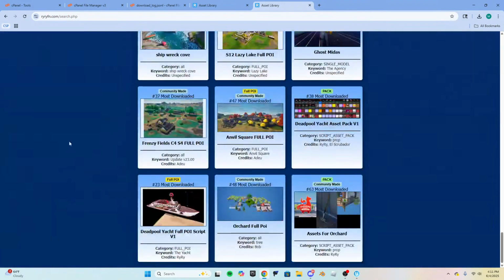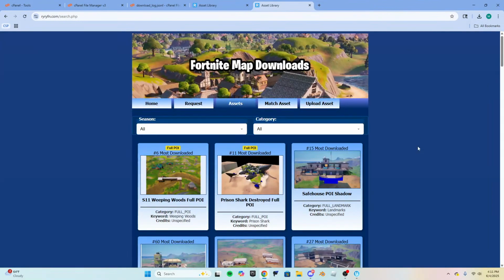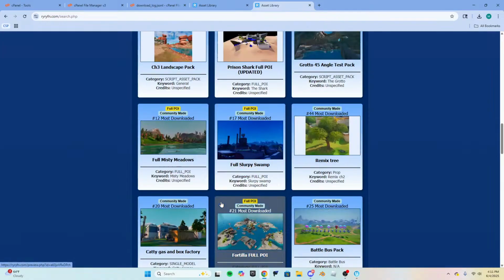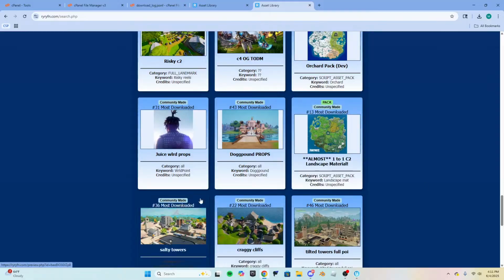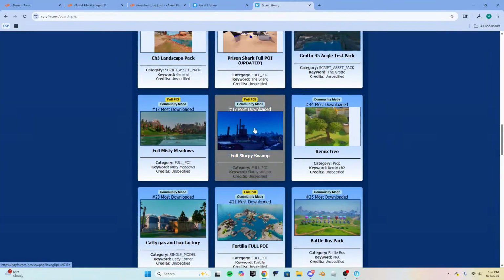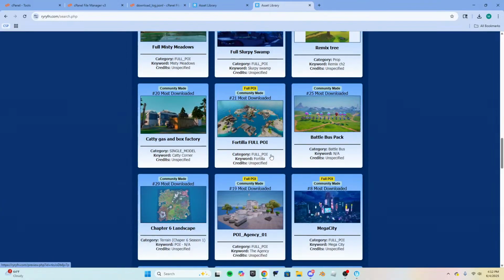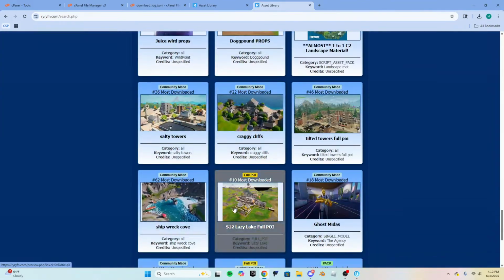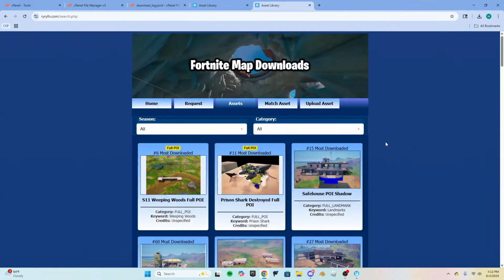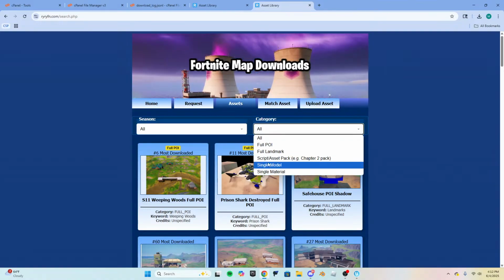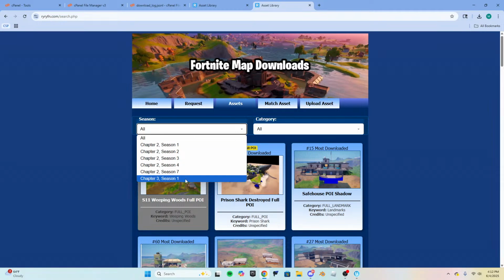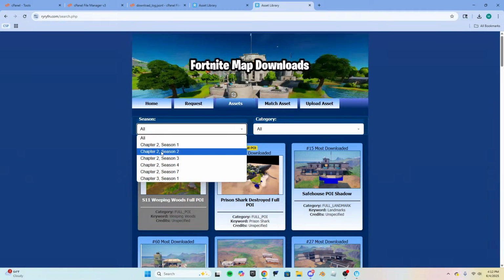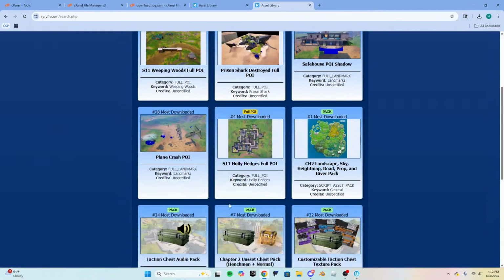Yeah, I'm gonna, because a lot of assets are gonna start to be posted, and then it's gonna get really clogged. So I'm gonna add more filters. I think I need to update the seasons too on here because it only has a couple seasons that you can filter by right now.